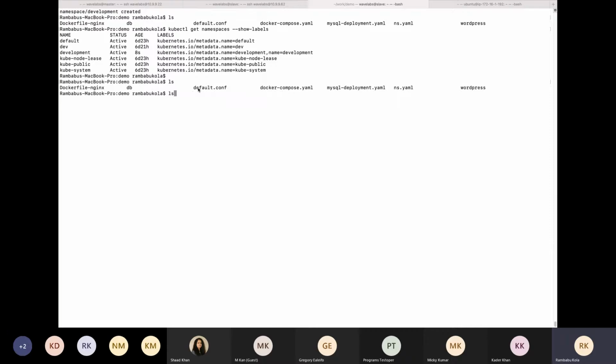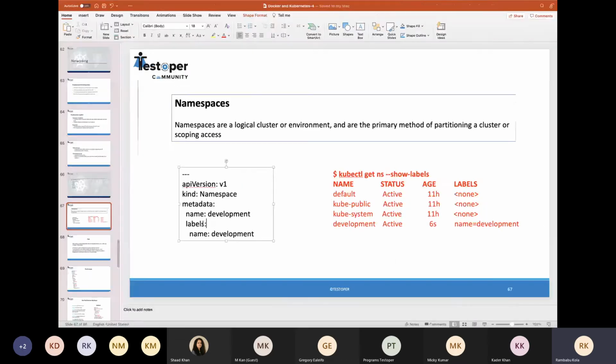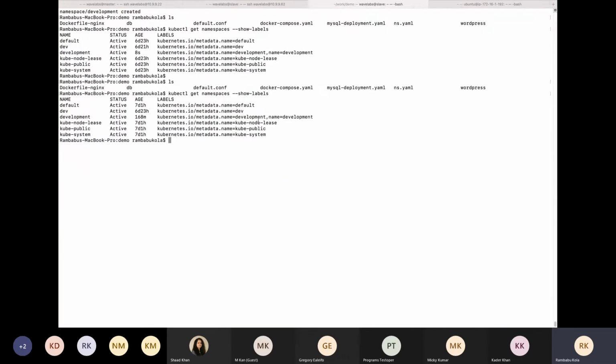Okay, here I have deployed it with the namespaces. You can see in the example, we have attached a label called name development. With these labels, we can segregate each and every namespace. These can be used in the applications, where we can link the labels to the application and use them to segregate it.